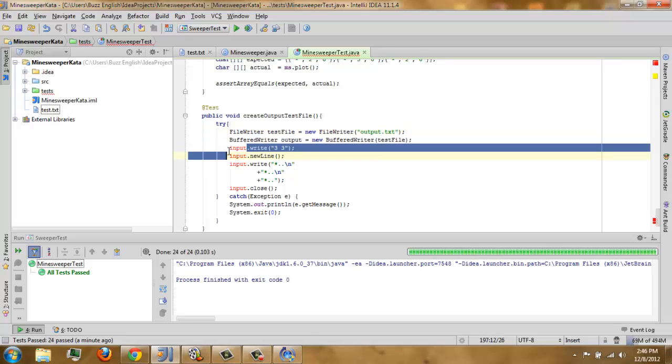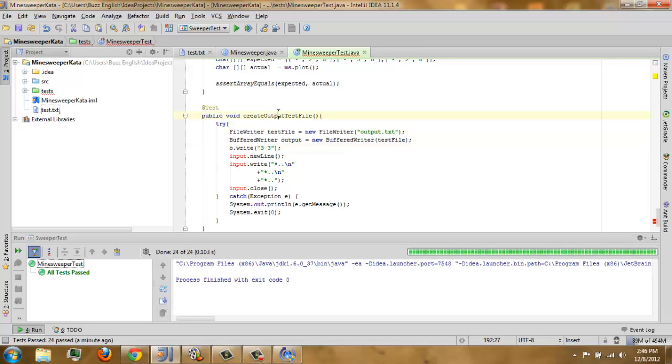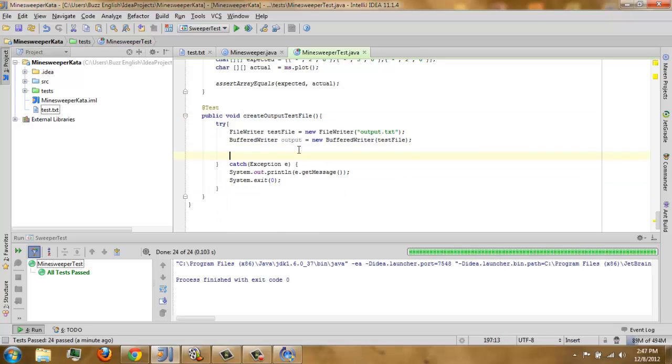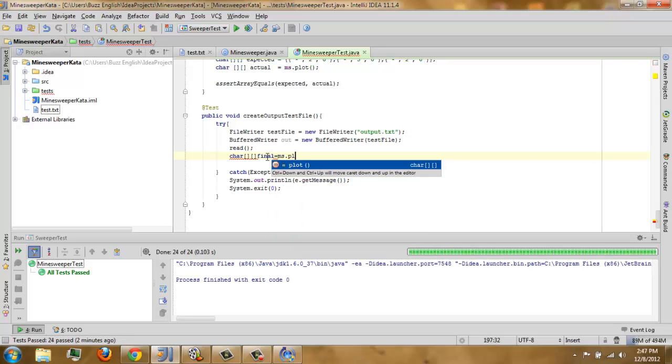Then we will delete that. Yeah, delete this. We will read, just to make this easier. So read, this is a test, we will have to return true. So char out, char final, just put it final, because we will have the same name. Char final, ms dot plot, right?